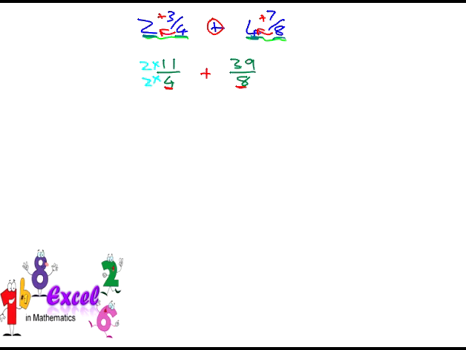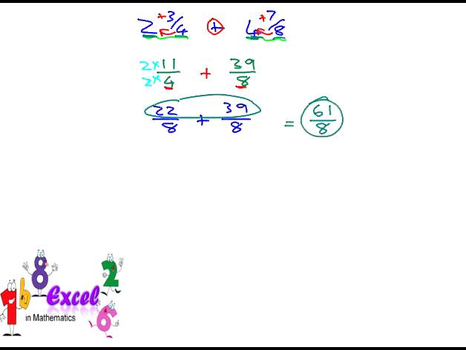Always do remember to do the same on top as what you did at the bottom when changing any of the portions of a fraction, as in this case. So then the 2 times 11 will give us 22 over 8 plus 39 over 8. Now the numbers at the bottom are exactly the same, so we can just add the numbers on the top, which will give us 61 over 8. And then we can change that improper fraction back to a mixed number. So 8 can go into 61 7 times, because 7 times 8 is 56,